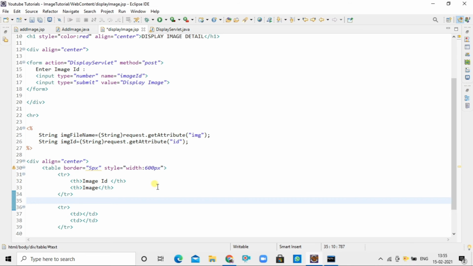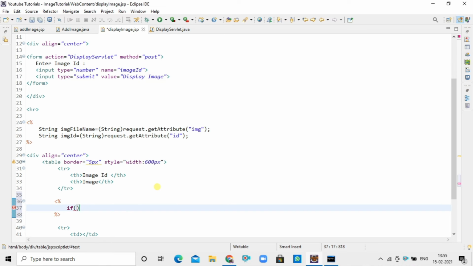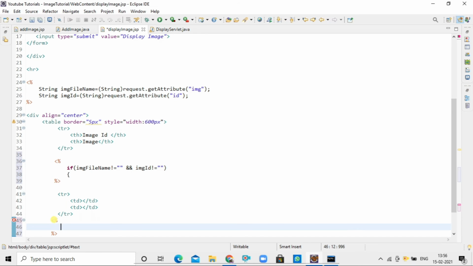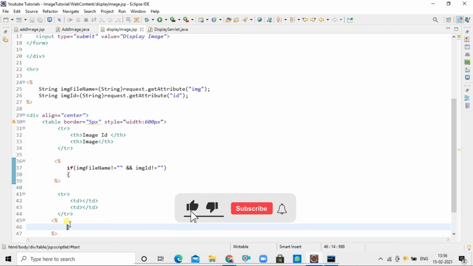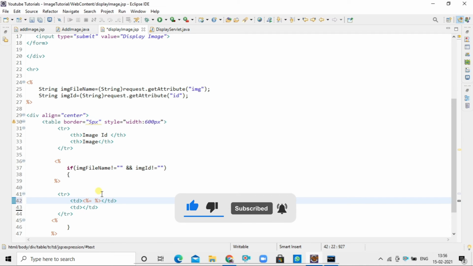And here I will use a condition like if img file name and img ID is not null, then print image ID in table data using expression tag, and for displaying the image I will use the img tag.